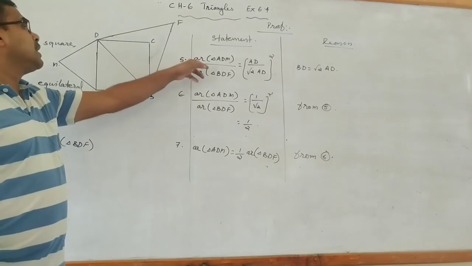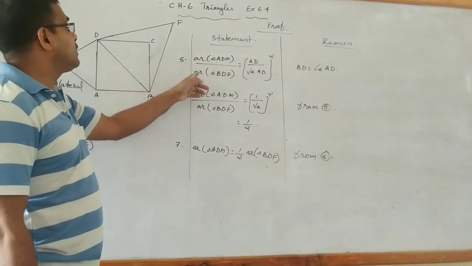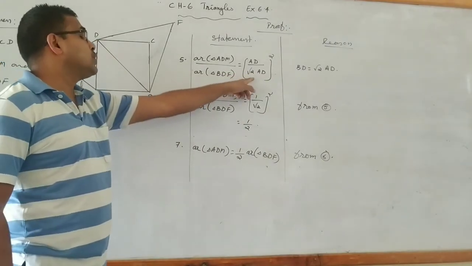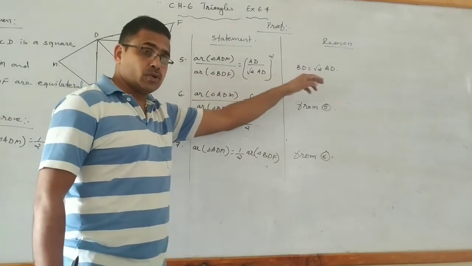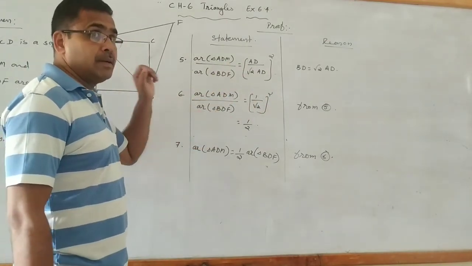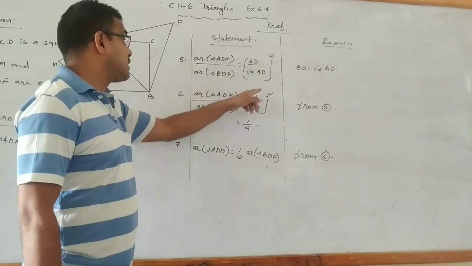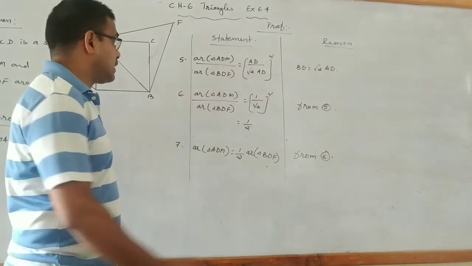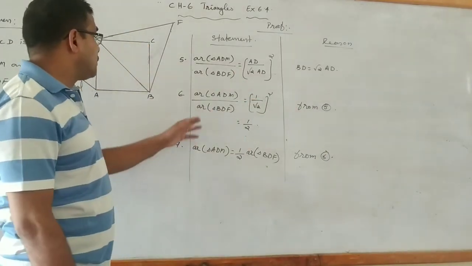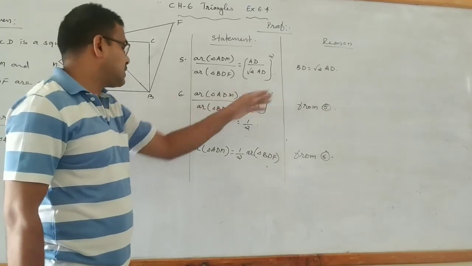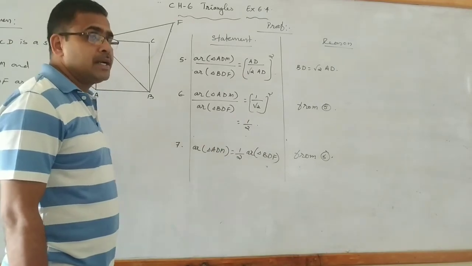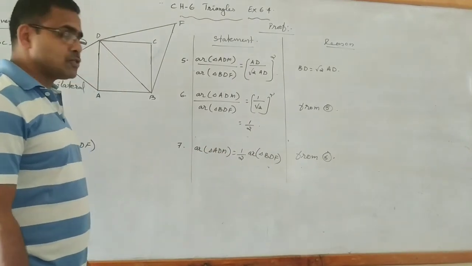See next statement. Area of triangle ADM divided by area of triangle BDF is equal to AD by, instead of BD, we can write root 2 AD, because already we calculated BD equals root 2 AD. Next statement. Area of triangle ADM divided by area of triangle BDF. See, AD and AD we can cancel. That's equal to (1 by root 2) the whole square, which means equal to 1 by 2. Reason is from the fifth statement. Now you see, this area of triangle BDF we take to the right side. That means area of triangle ADM equals half of area of triangle BDF. This only we needed to prove in this question.